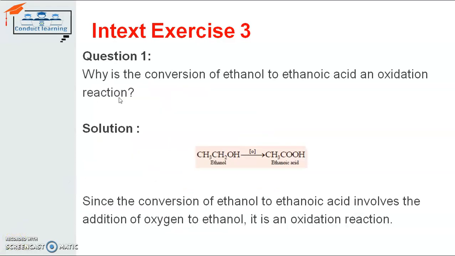So the next question is, why is the conversion of ethanol to ethanoic acid an oxidation reaction? We know the chemical formula for ethanol first of all. That is CH3CH2OH. Ethane stands for